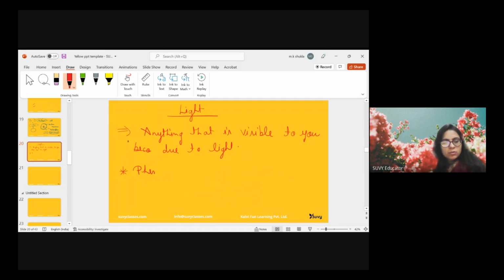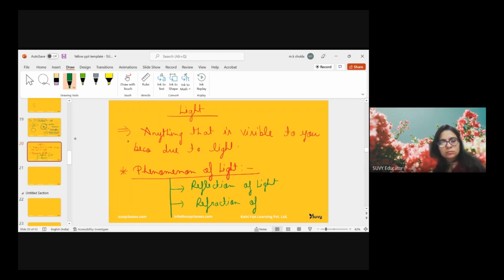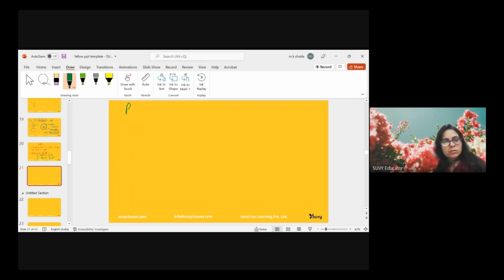The next topic is phenomena of light. There are two major phenomena of light. First is reflection of light, and another one is refraction. So one by one we will discuss. First is